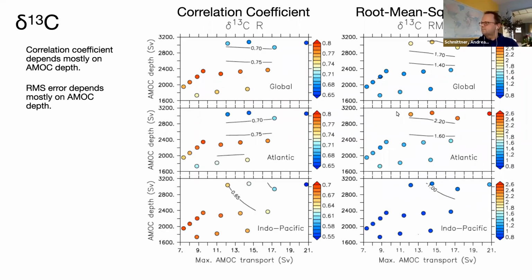And that is also true if you look at the different basins separately, the Atlantic here, for example, or the Pacific. In the Pacific, the isolines are maybe not as horizontal, but then again, I'm not so confident in the Pacific data because first of all, there's less of it, and then other processes may affect the Pacific rather than the AMOC. But for the Atlantic, the isolines here are horizontal, which indicates that C13 cannot be used very well to reconstruct AMOC strength.